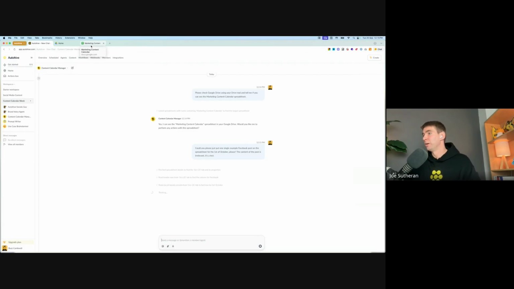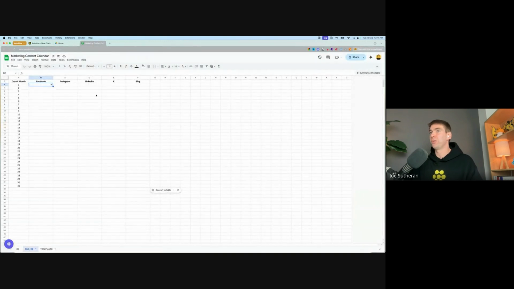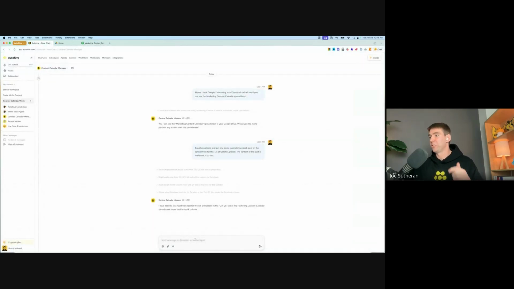So let's see. Reading day of month column, find row for first. So maybe I'll get out of that cell just in case that's a problem. There it is. Test Facebook post for 1st of October. So it has successfully posted in there, and we know this agent's working now. I gave it a date and it used that date. If I hadn't given it a date, it might have just picked another day in the month,